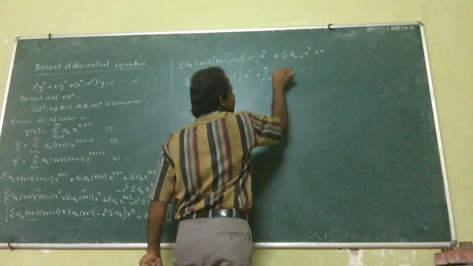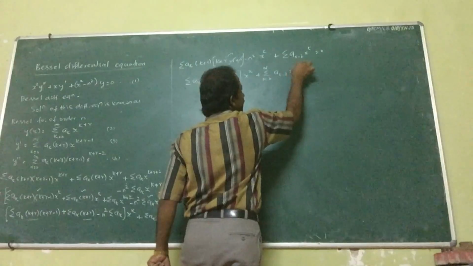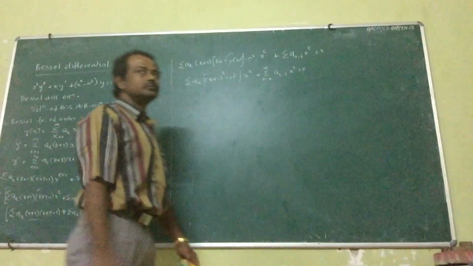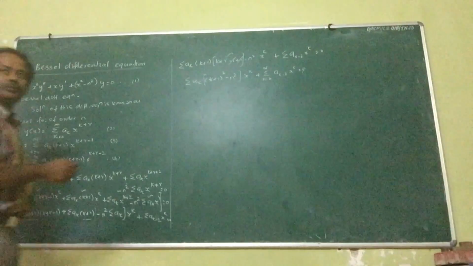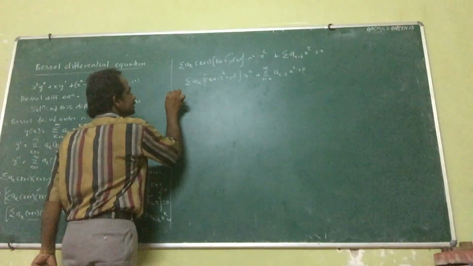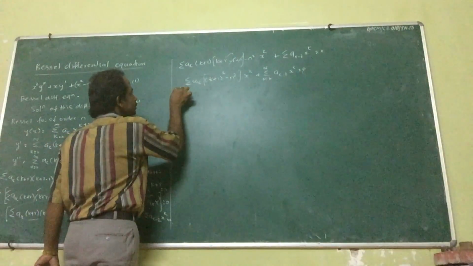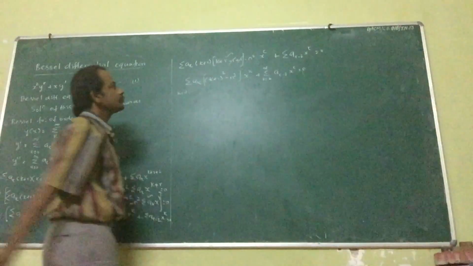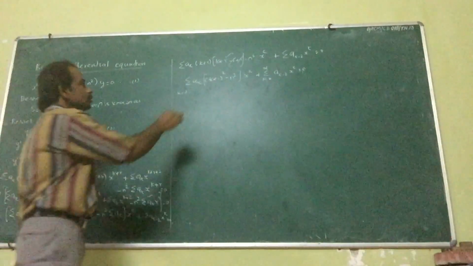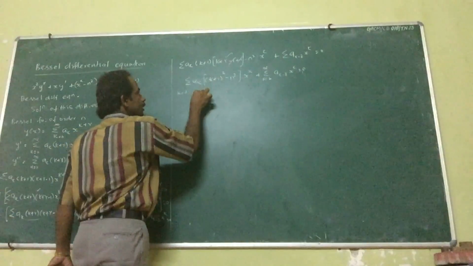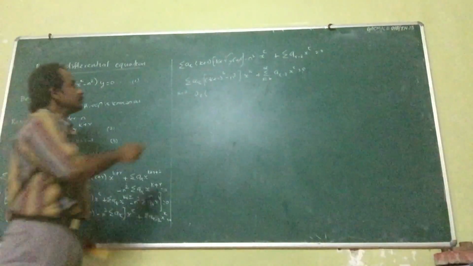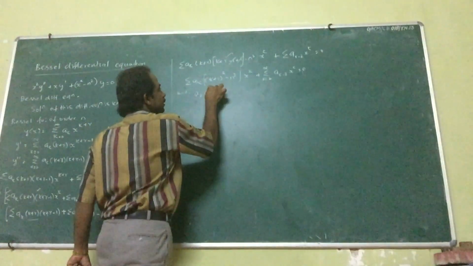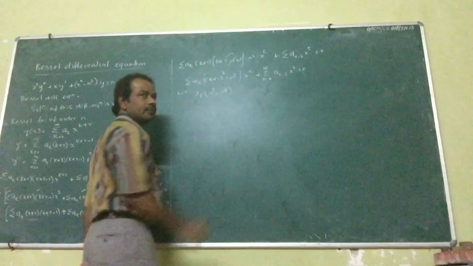I have changed this base to k equal to 2. So now I take r equal to 0 first. Now k equal to 0. If k equal to 0, the first term becomes a naught (r square minus n square),